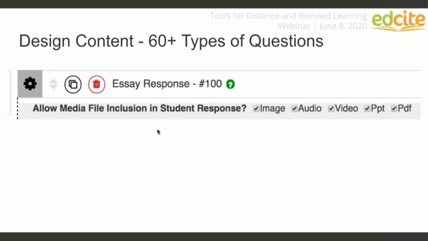The first is our upload question type. It's actually within the essay response, but you can have students attach an image, attach an audio file, attach a video, PowerPoint, PDF. So if I want to have them do a project at home and then attach that as a question, and I as a teacher want to grade that on a rubric, you can do all of